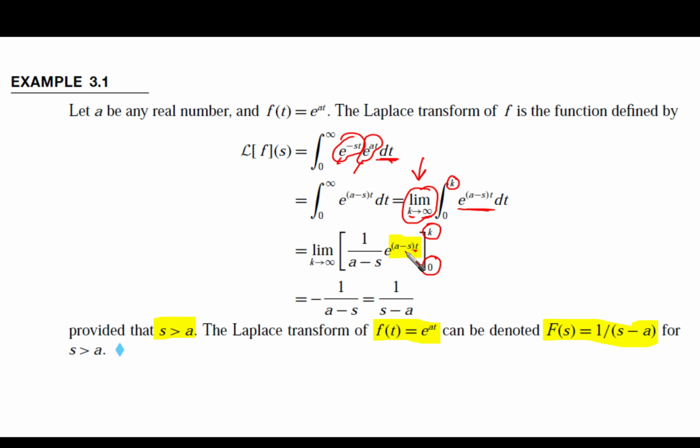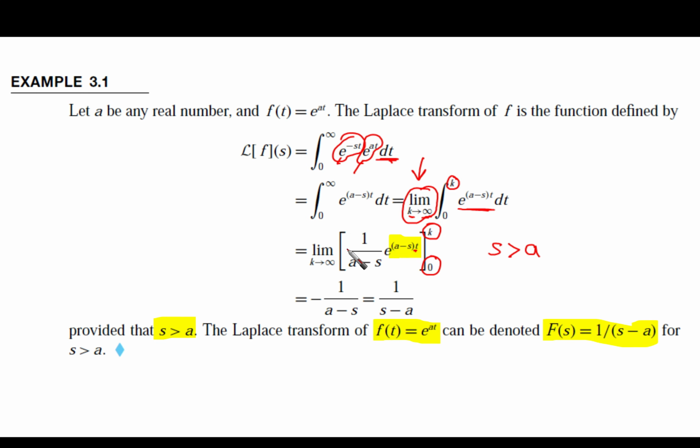If we say that s is always larger than a, look at this exponent: s is larger than a. This means that when t goes to infinity, we are going to find this term is vanishing, right? Because e to minus infinity times t is going to be very small, 0. And for t equal to 0, e to 0 is 1, and this would be 1 over 1